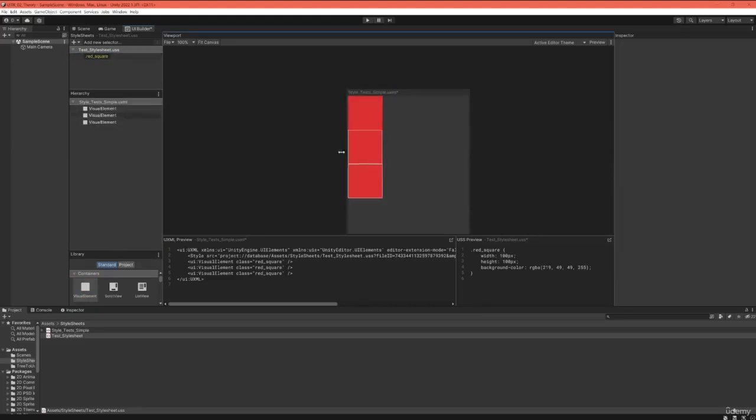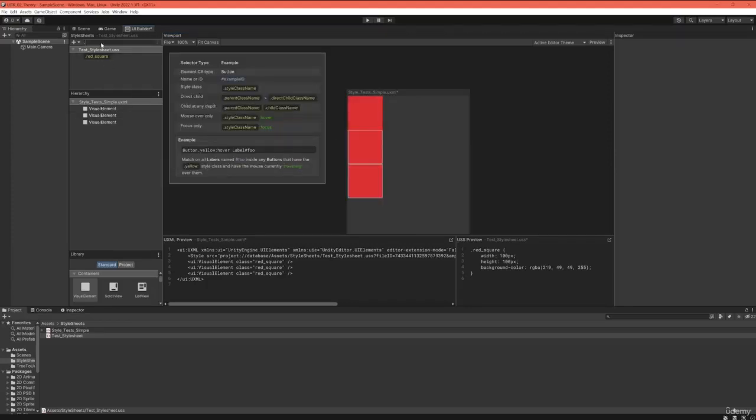And now let's see what happens when we apply a second class to one of those elements, because we say, okay, maybe we want all of those elements to be red boxes, but for one element, for example, for the middle element here, we would like it to have rounded corners, for example. So let's say we will make a new class. Now we know how to name this, rounded